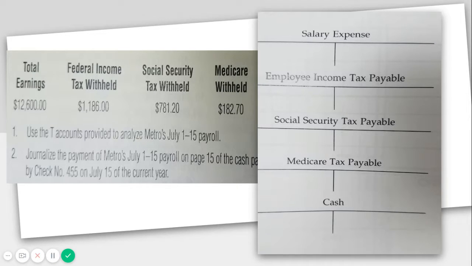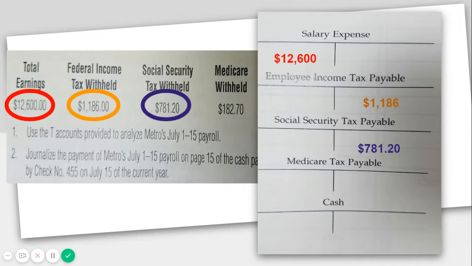Let's do the work together. So from your work together, we're going to use these amounts to fill in our T accounts. So we start with total earnings, goes to salary expense. Federal income tax goes to employee income tax payable. Social Security tax withheld goes to Social Security tax payable. Medicare goes to payable. And since our net pay is not listed, we just take the difference between our salary expense and all our payables and put it in our cash,